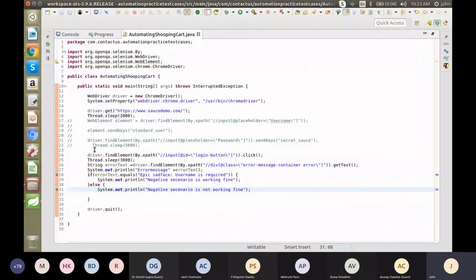So based on this, we can generate the report using our TestNG library. Okay, I will tell you. We will see some more functionality in the shopping cart, add to cart, and some other functionality. Then we will go with TestNG, how to generate the reports using the TestNG library.